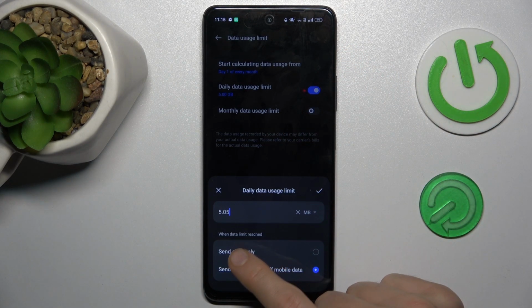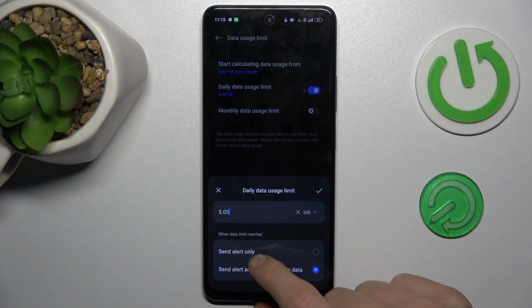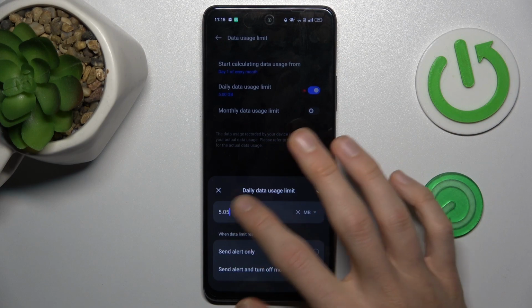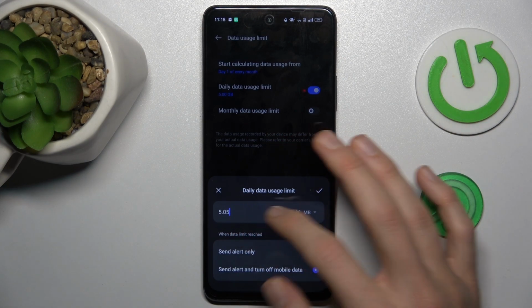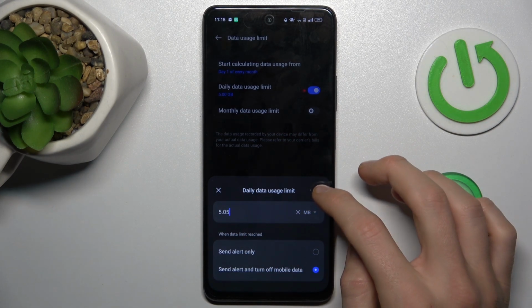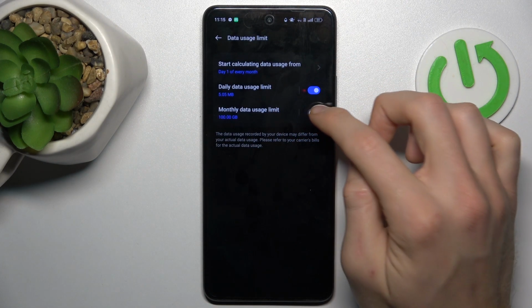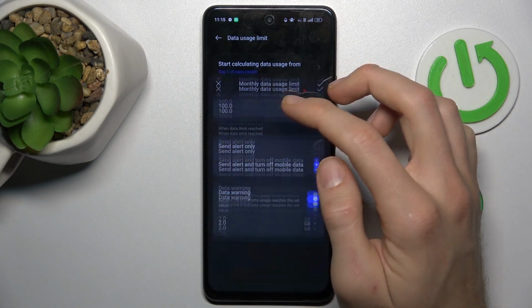and we can turn on the functions send alert only or send alert and turn off mobile data limit after we used this 5 megabytes. Confirm by OK. And the second option, we can turn it on, and after we tap on it we can